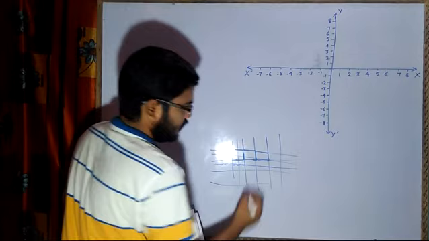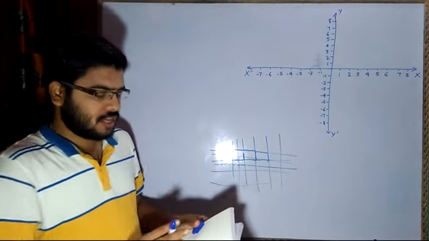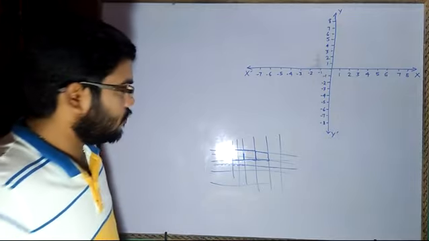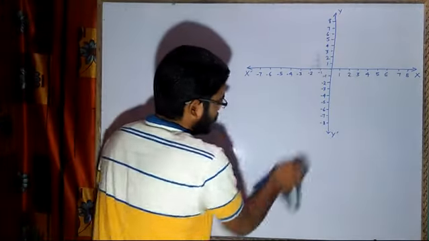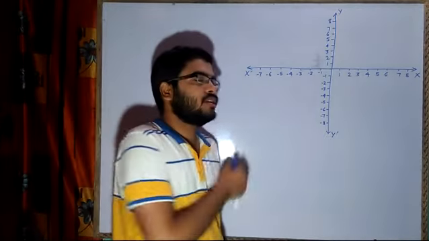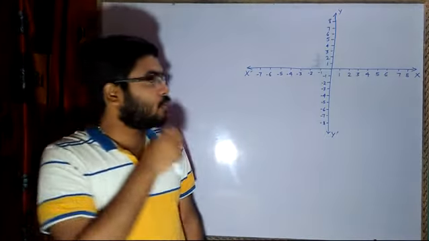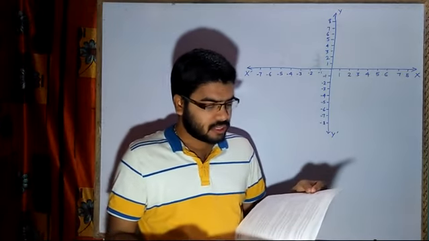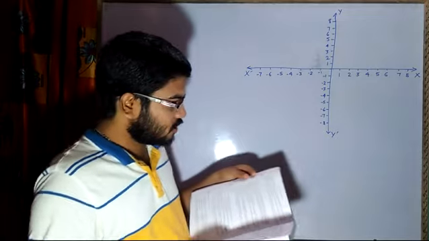Okay, length and breadth. And in your board exam, you will get a 2:1 ratio, which means two boxes will be equal, and one box will be 2 centimeters. Here they are asking you to plot the points and solve the questions taking 1 centimeter equal to 1 unit.